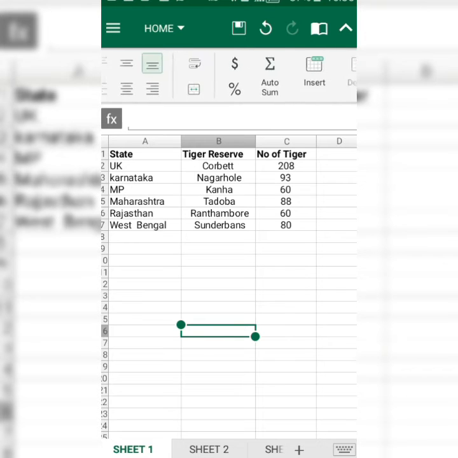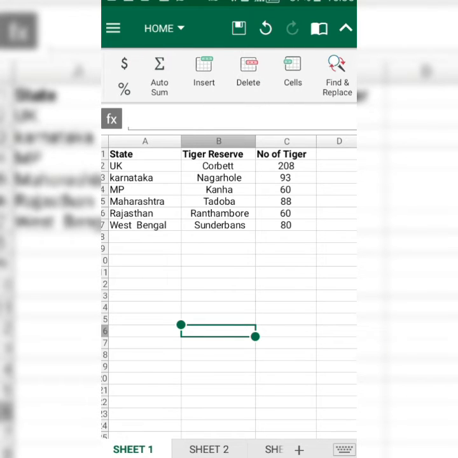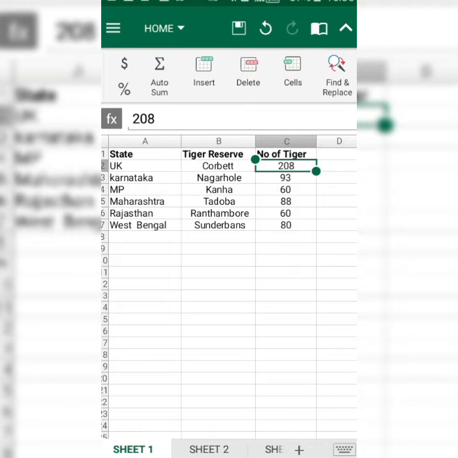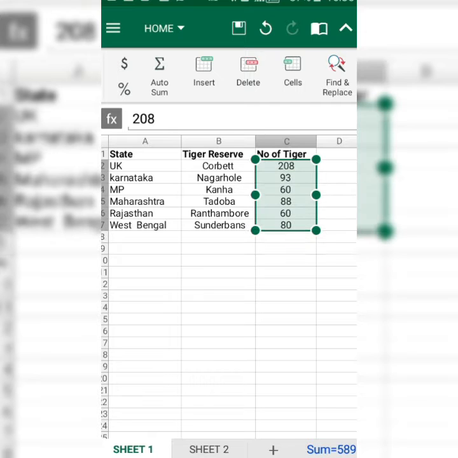By clicking on the Home option, there is an AutoSum option there. You just click on that AutoSum option, or you select the number of tigers and drag it till 80 and then click on AutoSum. By clicking AutoSum, you will be able to calculate the total number of tigers, that is 589.